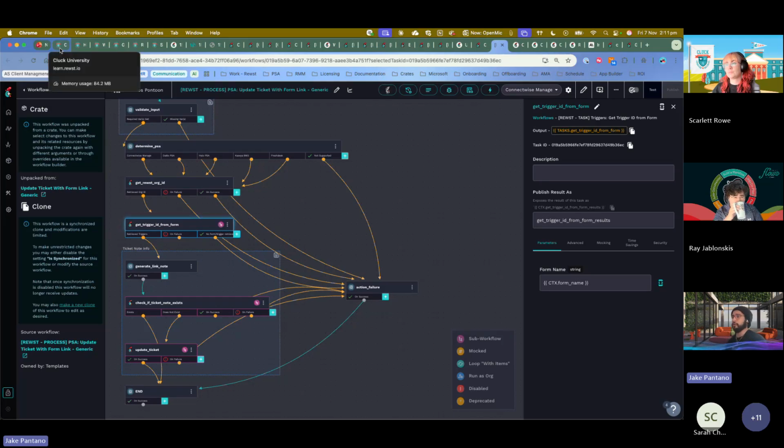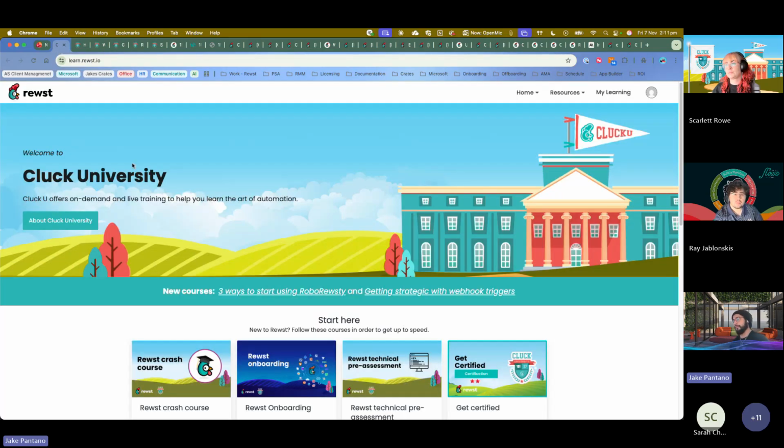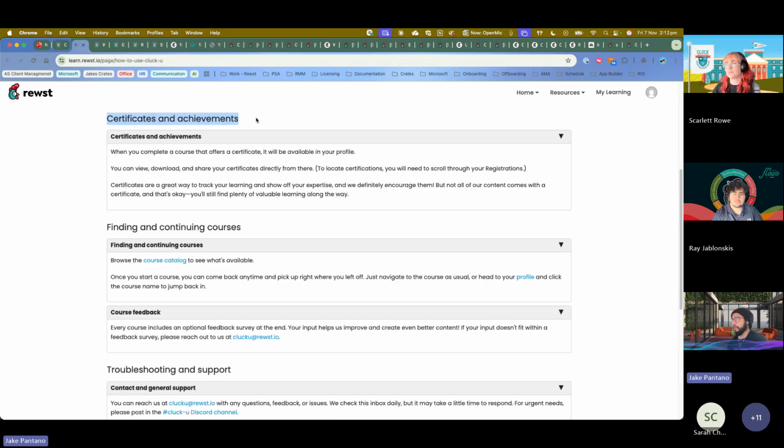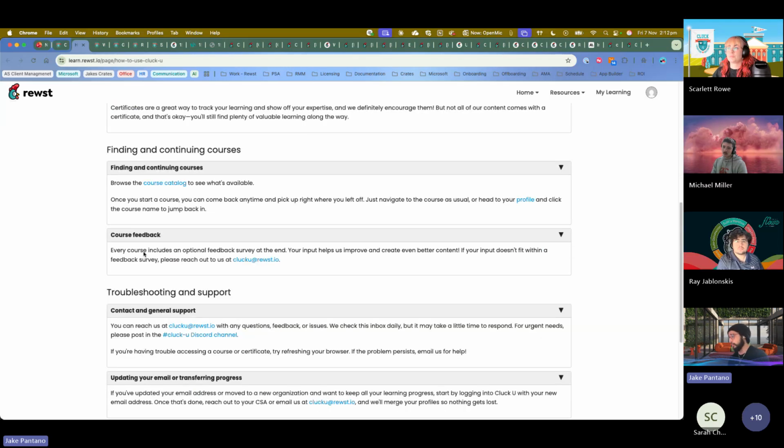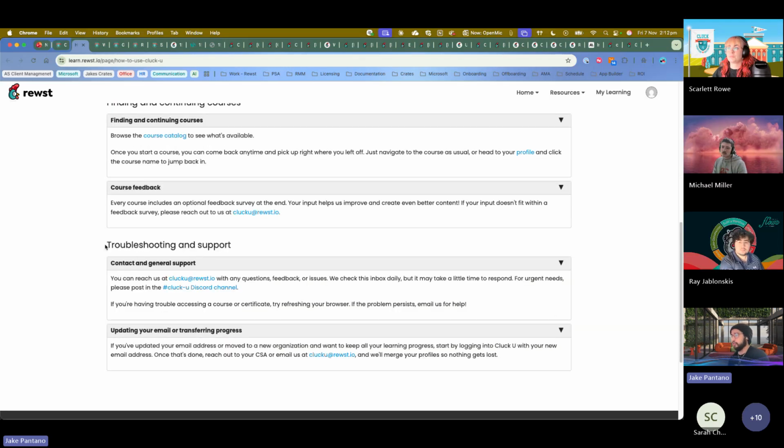So the last thing I'll touch on here is some of the updates we have made to CluckU. The first thing to talk about is the About CluckU page. This is a bit of an informational page, right? There are commonly asked questions, think of it like an FAQ. But you can see here the certifications and achievement sections, as well as our catalog, as well as course feedback. And if you do need support, there is a reference here to CluckU at rewst.io or the CluckU channel